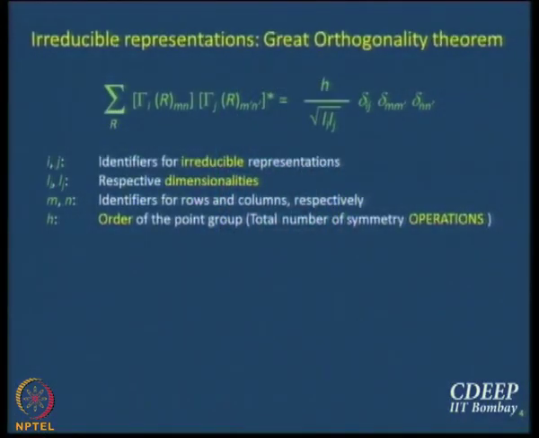But then if I is not equal to j, then what happens to the right hand side? It becomes 0 no matter what the others are. If m is not equal to m dash, if n is not equal to n dash, right hand side just becomes 0, which means that this quantity, let me call it A and let me call it B to avoid the complication of saying gamma I mn all the time. So this is A and this is B, let us say A and B star. Doesn't that mean that A and B, they form a set of orthonormal vectors? That is a condition for orthonormality, isn't it?